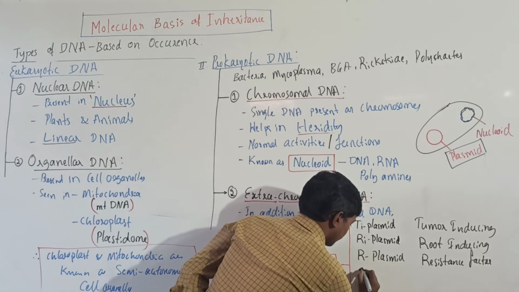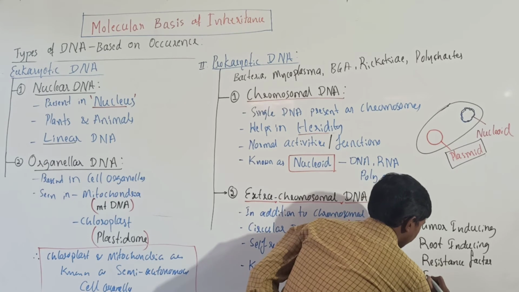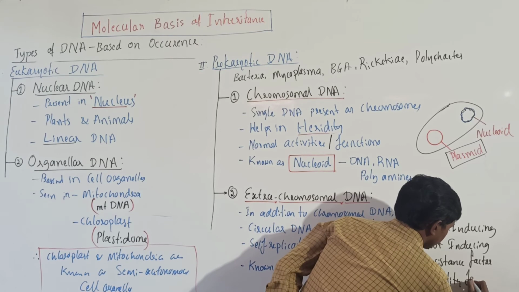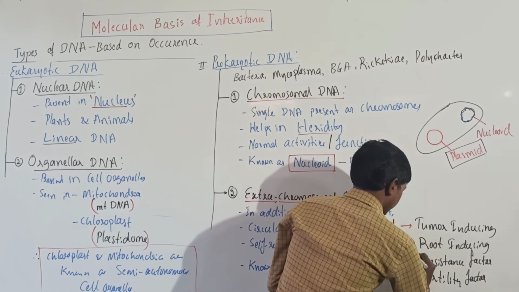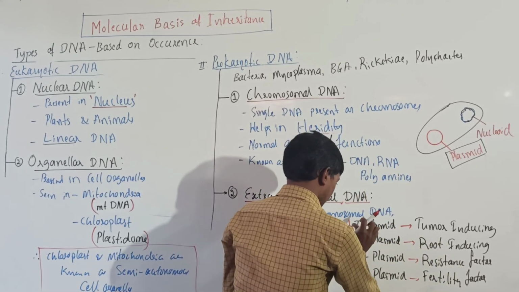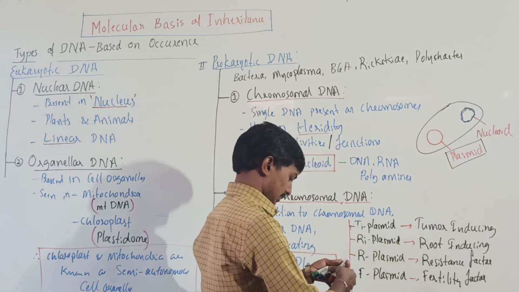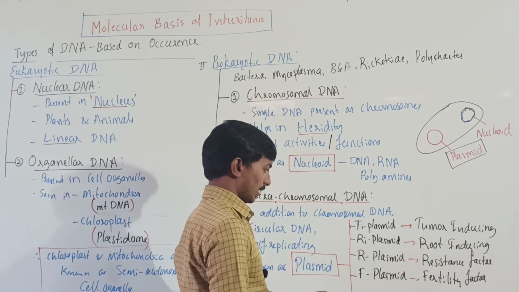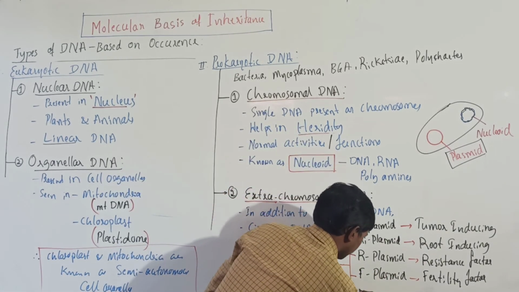Or F plasmid, which is giving fertility factor. So Ti plasmid for tumor inducing, Ri plasmid for root inducing, R for resistance factor, then F for fertility factor. Sometimes the plasmid is also used as